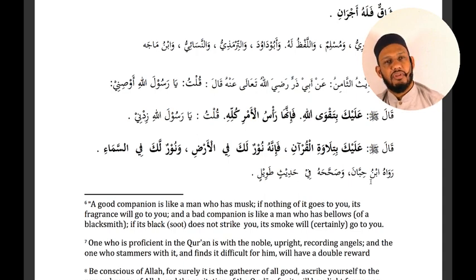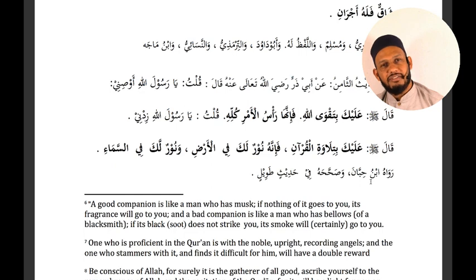All of those things mean that when you read Quran, Allah Ta'ala is proud of you, and Allah Ta'ala mentions you, and Allah Ta'ala loves you. And the hadith says, when Allah Ta'ala loves a person, Allah tells the angels to love that person. Because the Ahlu Sama is the angels. So as you read Quran, you are creating a nur in the Sama, you are creating a nur amongst the angels, and they are beings of light. Then when Allah loves a person, Allah commands the angels to love that person, then the angels love that person.